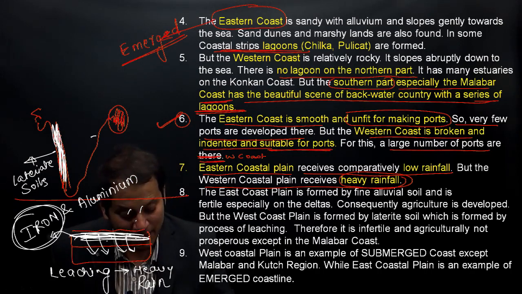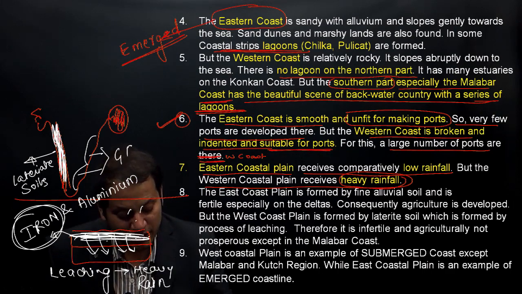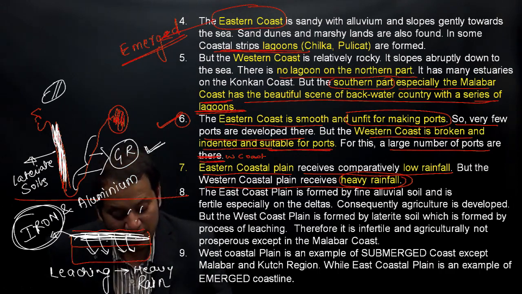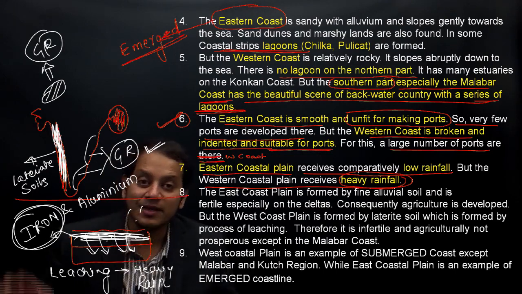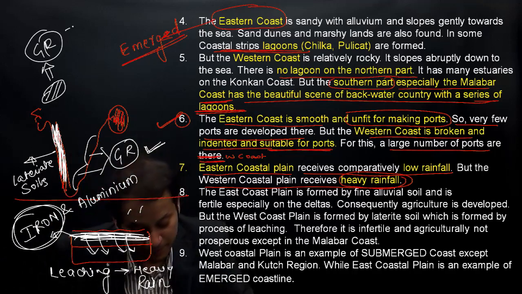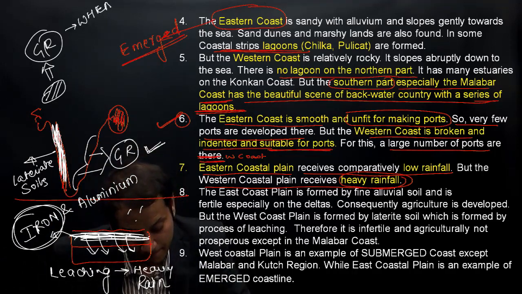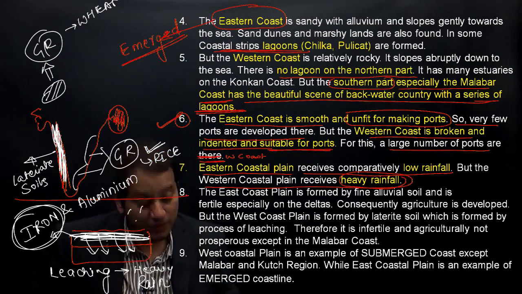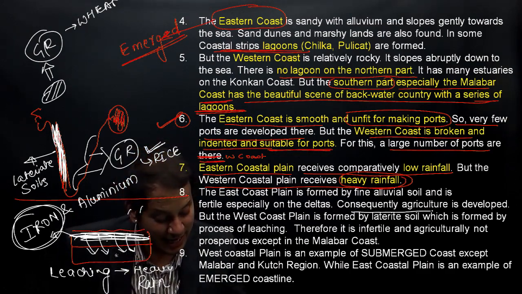That is, यहाँ पे in the coast of Andhra, in the coast of Tamil Nadu, this was the area of Green Revolution in India. Green Revolution in India took place in southern India, in Andhra and Tamil Nadu coastline, and in North India in Punjab and Haryana region. So these were the two areas of Green Revolution in India. यहाँ पे wheat, यहाँ पे rice. So therefore these are fertile in this region and consequently agriculture is developed.